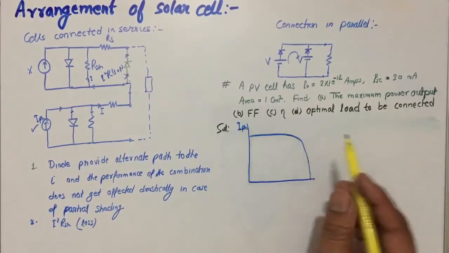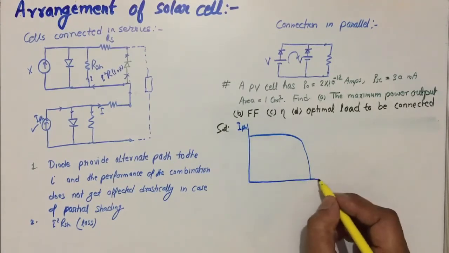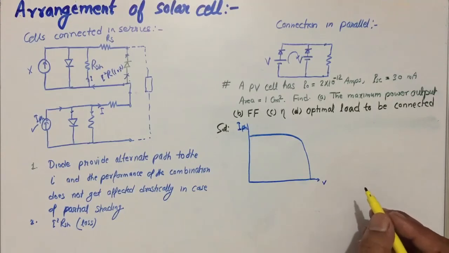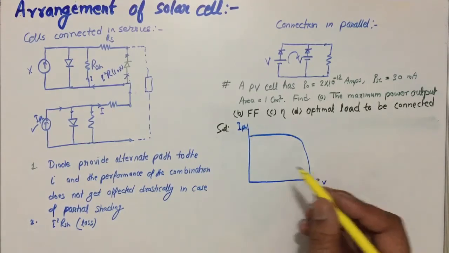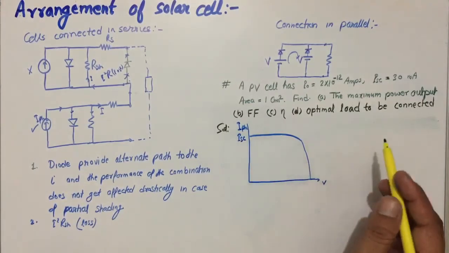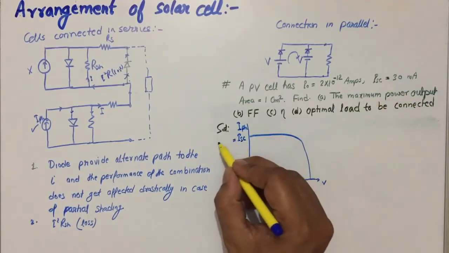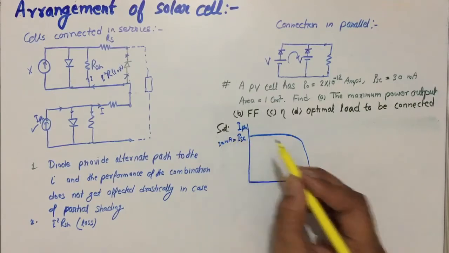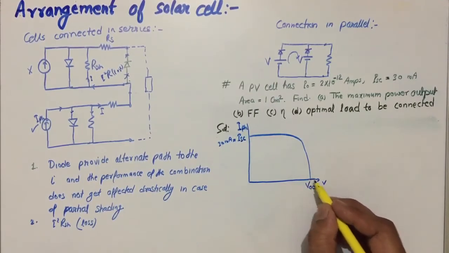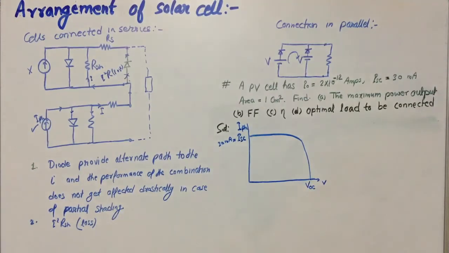This is the photon current. This is the load terminal voltage, or we can say output voltage. This is the short circuit current, that is given here as 30 milliampere, and this is the open circuit voltage that we don't know, but we know one relationship that relates